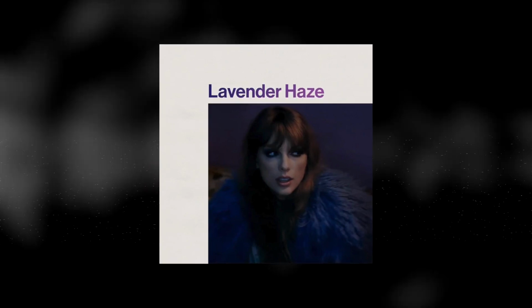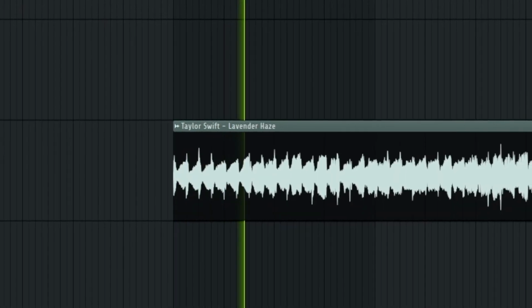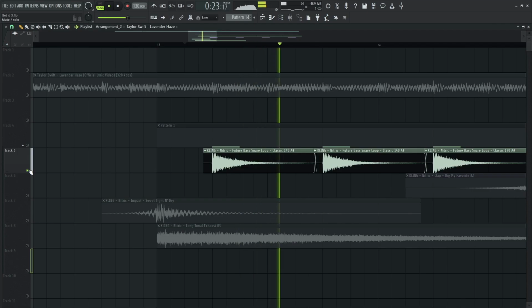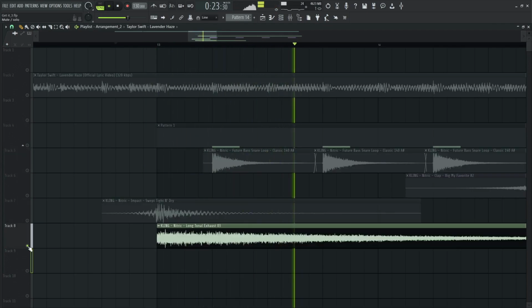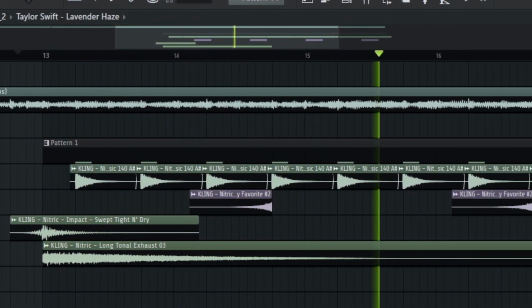Like I said, I chose to do a Taylor Swift song and I just picked one at random. I think I like this one because it had that 4/4 kick. But it was at 97, so we have to speed it up to 130. I started by adding some drums just to get some momentum going. And I didn't want to spend too much time in the build-up, in the verse, and everything like that, because